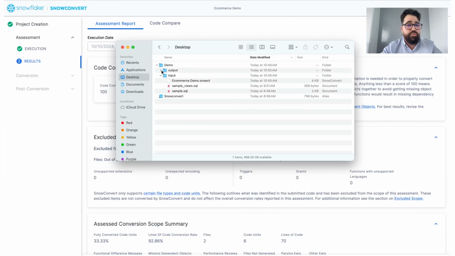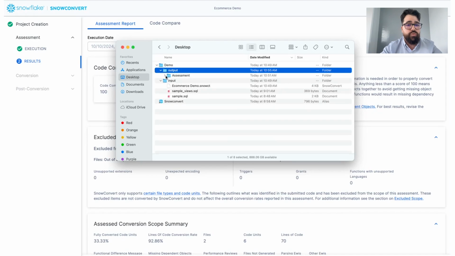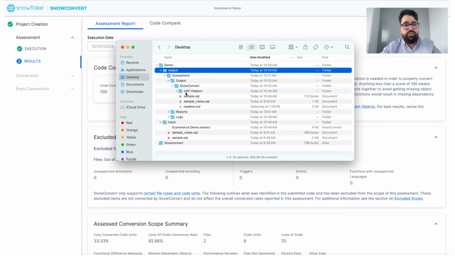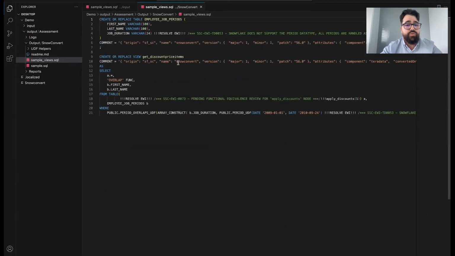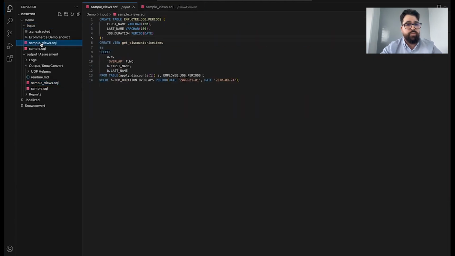With that being said, let's take a look at the output folder of SnowConvert. I'll go to the output path that I provided SnowConvert previously, and we can find the assessment result that we just did. Right here, you can find the output and you can find these views for free as mentioned before. So let's go and open those views and review them in our code